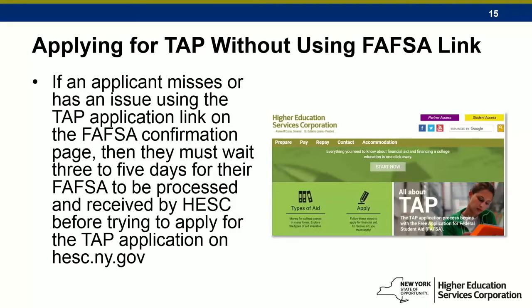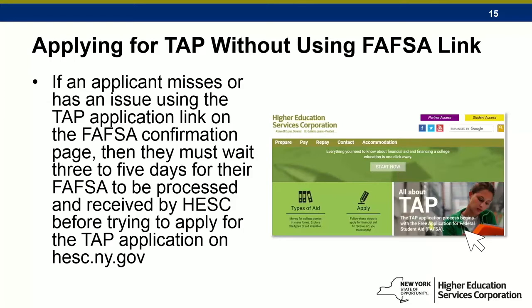And the answer is no, they could still apply for TAP, but they have to actually wait a few days for New York State to receive their processed FAFSA. Usually it takes about 3 to 5 days for us to get that FAFSA record. And then they can just go to our homepage, hesc.ny.gov, and on our homepage is this link that says all about TAP. And then they can click on that, and within there, there'll be a link that explains how to apply for TAP,